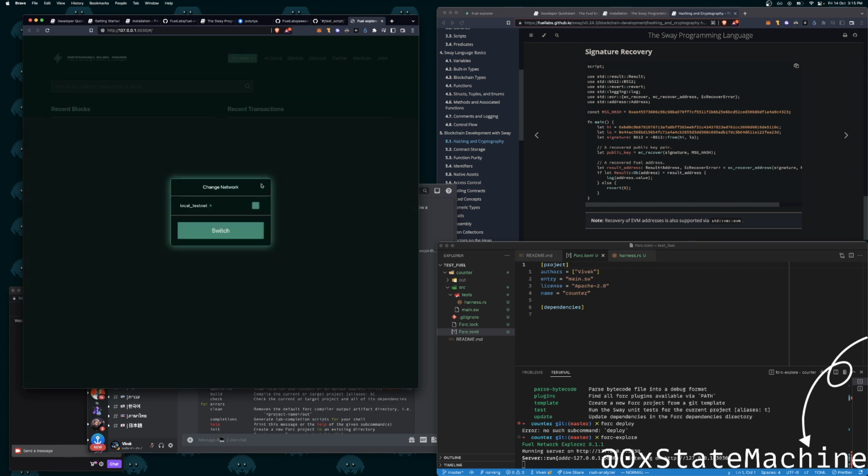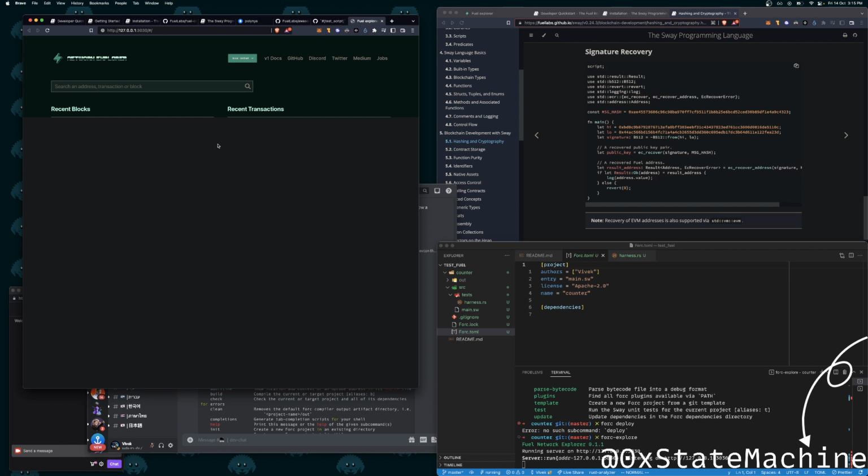This is an explorer. Oh, this is actually good. Wow. I really like it if it offers what I'm thinking it offers. So this is an explorer for a local network. Wow. It's actually really cool.